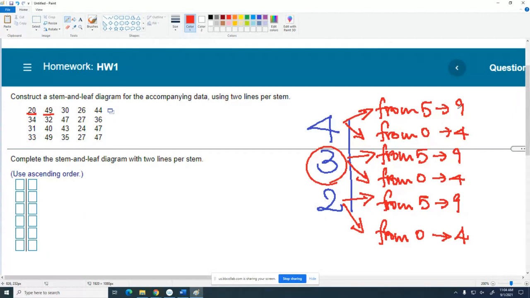So this one is another idea. We can make more lines in the stem and leaf when we have a small number of values. So number 8 suggests to us to make the stem and leaf based on the idea of splitting the stem and leaf. But you know, MyLab is very picky, because it is computerized, right? So it has to match the answers it had. So it suggests to us using the